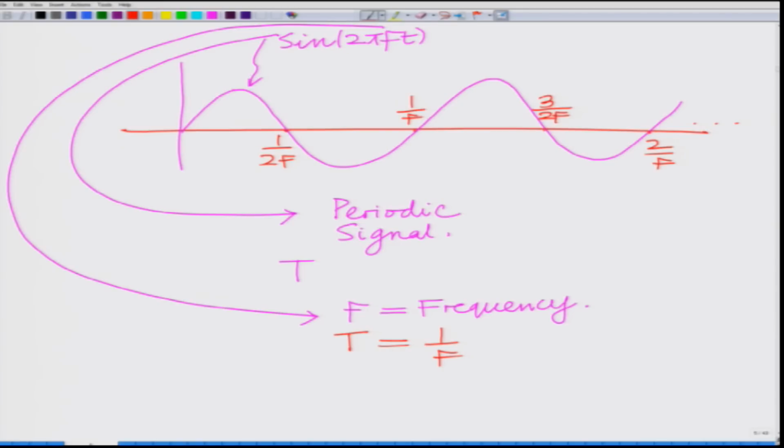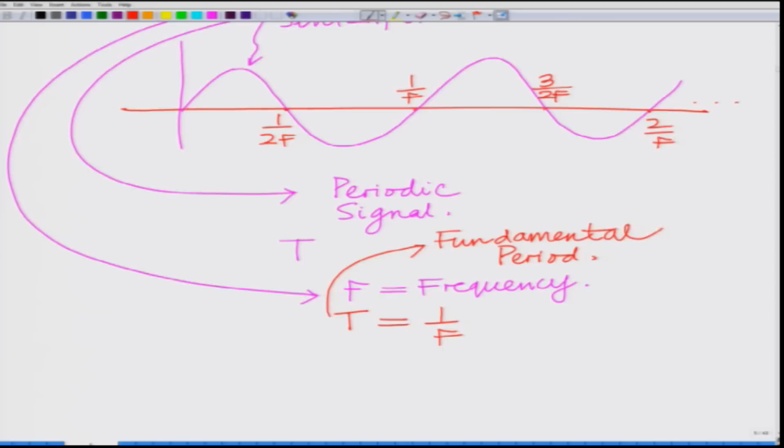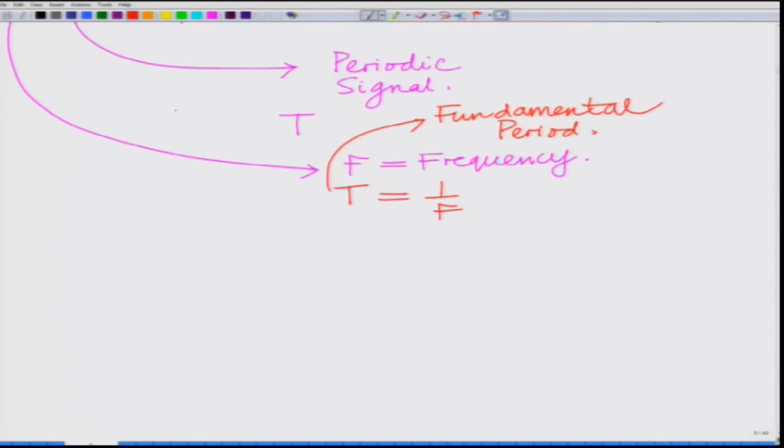It is periodic with capital T, which is also termed the fundamental period, capital T equals 1 over f, of the sinusoidal signal, and you can see that it is periodic with T, because